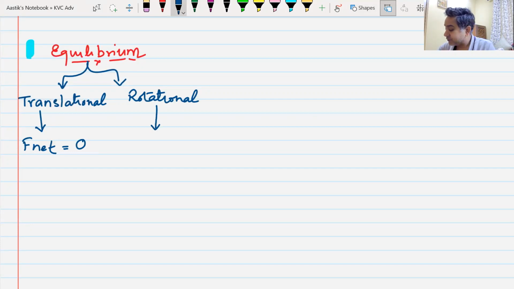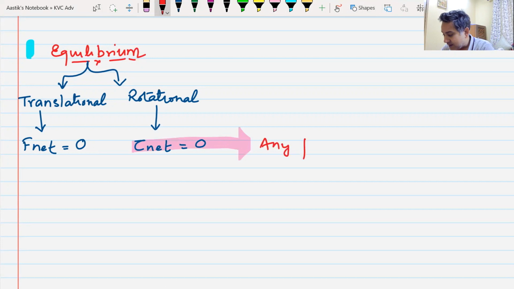Then again, the net torque should be zero, and we had seen that if net force is zero, net torque should be zero about any point. So you can find this net torque about any point. Do we remember this? About any point in the universe, and we can choose suitable points so that we can get the answer quickly. So without wasting any more time,